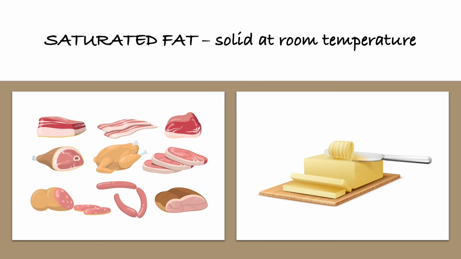So the saturated fatty acids are going to be solid at room temperature. An example of that would be butter. Even though you're melting it to cook, it is solid at room temperature, and also animal fat. This is one of the reasons why, in terms of being healthy, even though you melt the butter while baking, when it gets to your body, it can return to